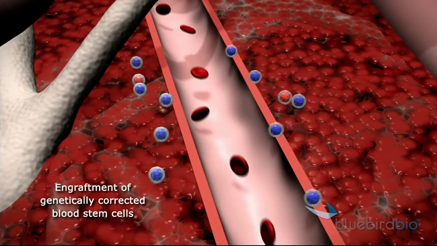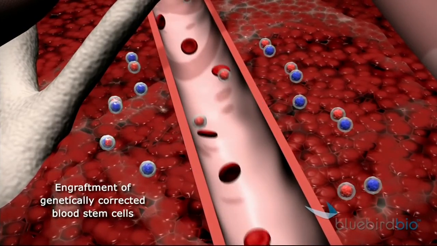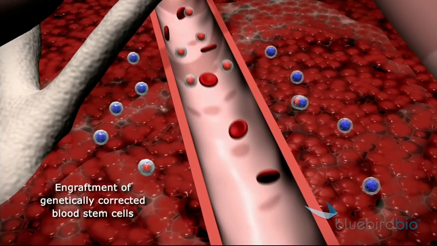Now these cells seed your marrow, and they then start to produce daughter cells. All those daughter cells now know what to do. They have a functioning